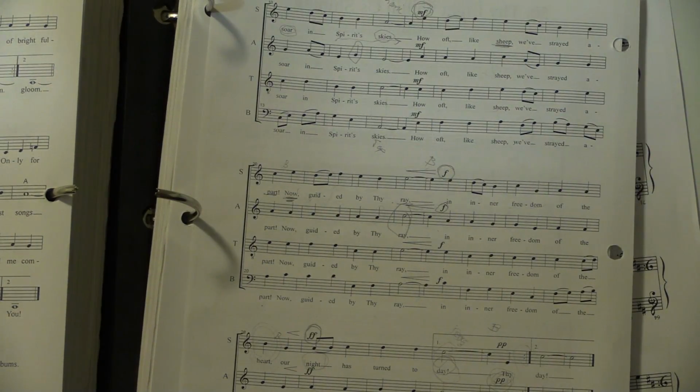How oft like sheep we've strayed apart, now guided by thy